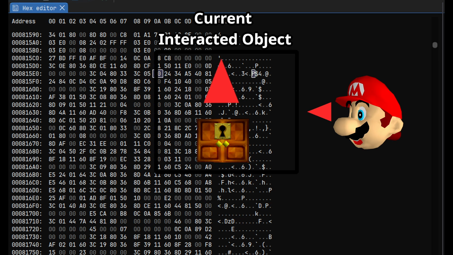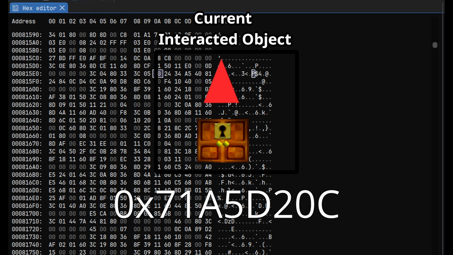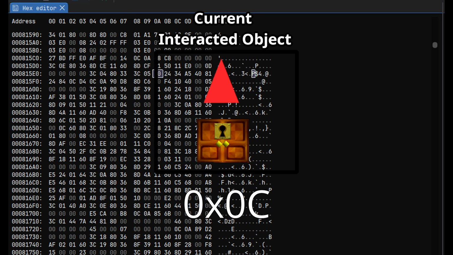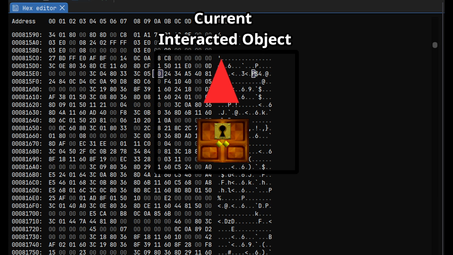Another interactable object, however, is the key door to the second floor of Peach's castle, which of course does not have to turn to face Mario because it's a door. Additionally, when the upstairs key door is interacted with, the game will check if the value at this fixed address, which I'm just going to call 0x0C from now on, is set to 1. And only then will it allow the door to be opened. This value is usually derived from the presence of the second key in Mario's possession, which of course you get from beating the downstairs boss in the fire sea.